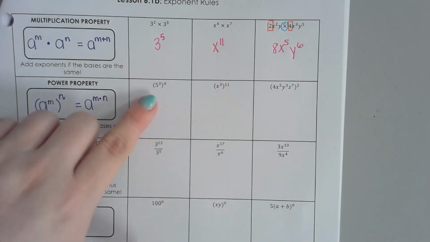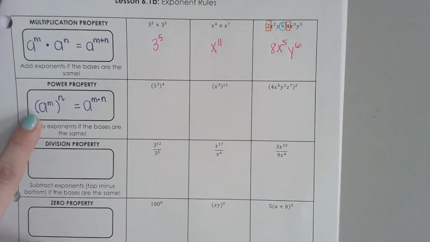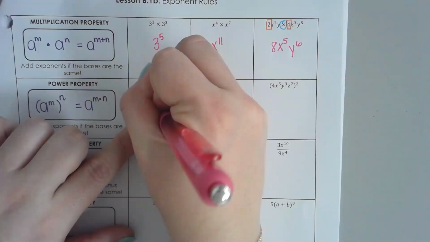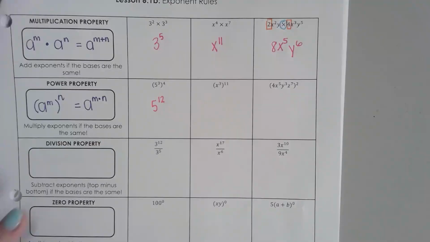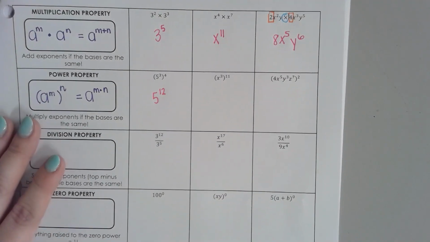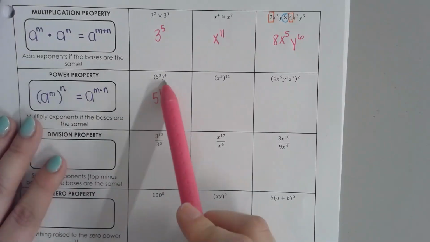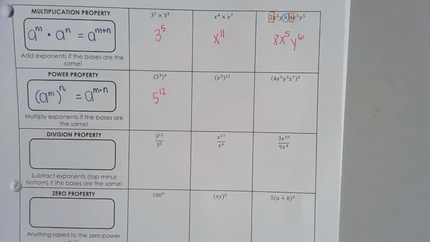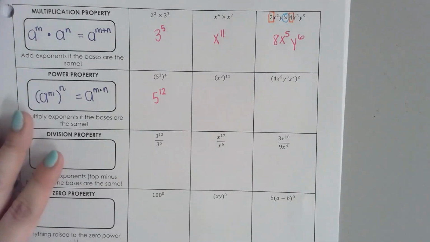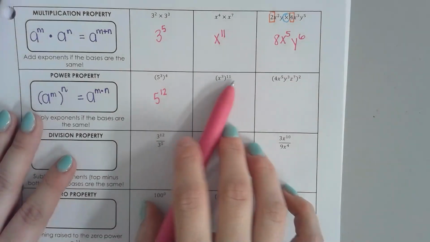So in this example, 5 is my A. So this would be 5 to the power, because it's m times n when you have exponents. So we do 3 times 4. X to the